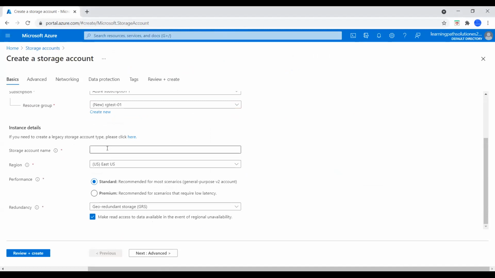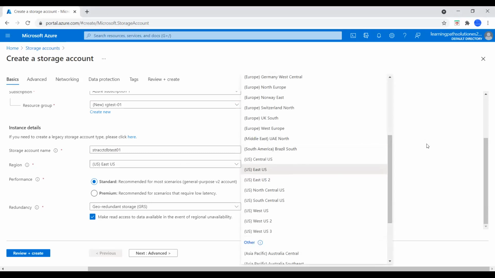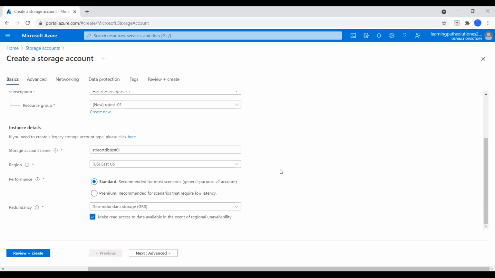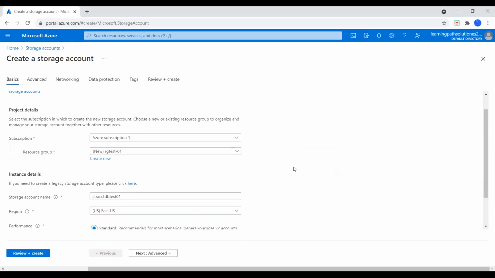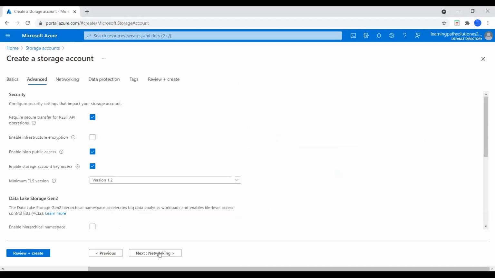and now I need to give a storage account name. I will say storage account db test 01. And the storage account name is available. Region I selected as East US, and performance is standard. And redundancy, let me select the locally redundant storage. So everything looks good here. So let me go to next